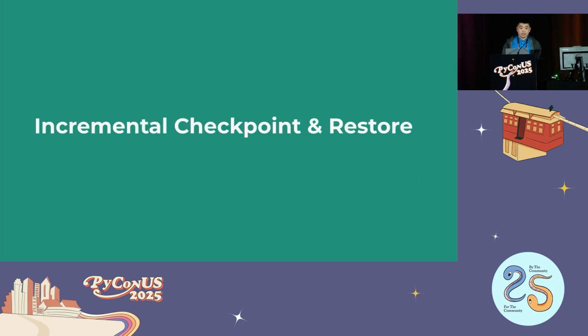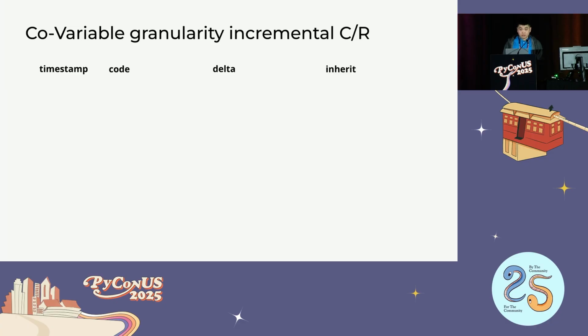And now that we've identified what we want to incrementally checkpoint, I'm going to briefly talk about how our system actually manages these checkpoints and performs incremental checkout. Our system manages these covariable granularity deltas in a manner that's very similar to, say, Git commit graphs or database versioning, where you have cell executions which are timestamped, and their corresponding deltas are also